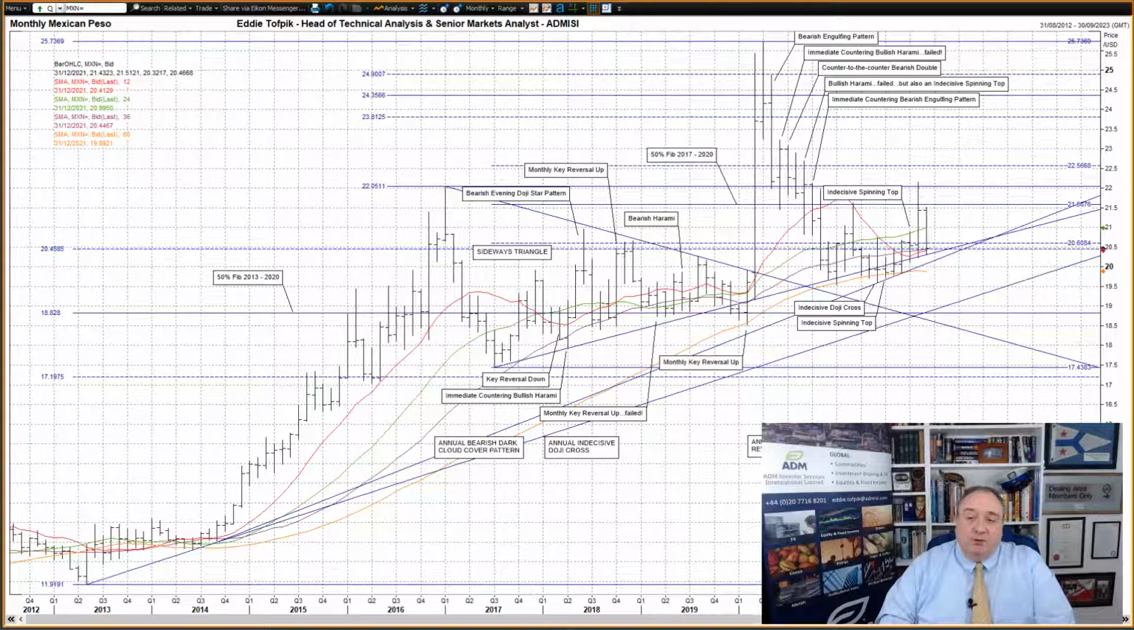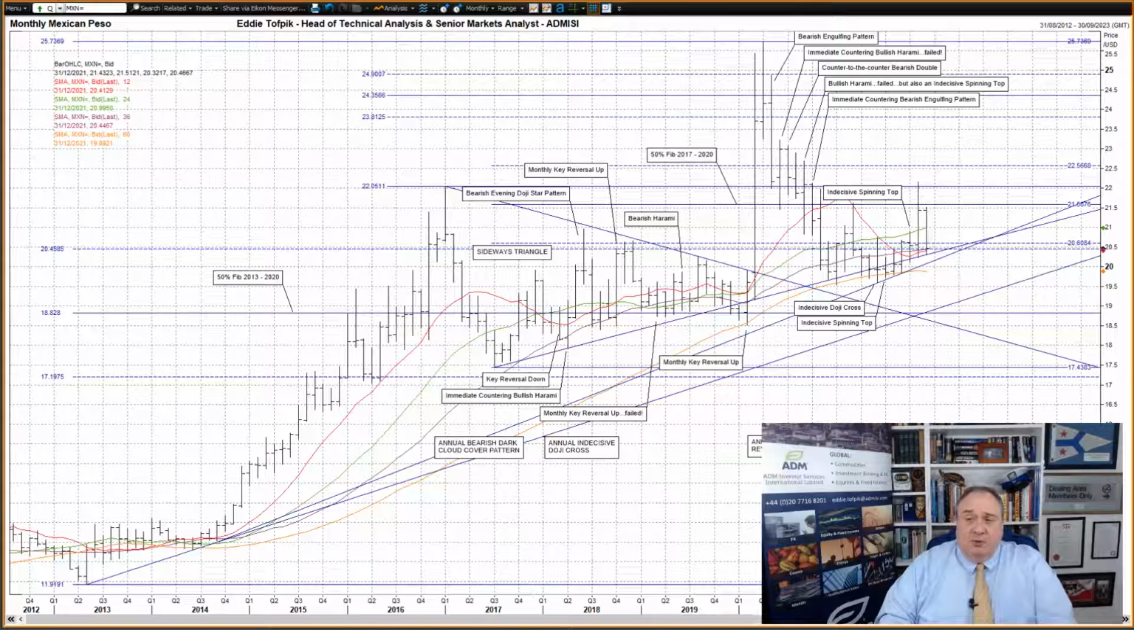This is a direct quote from my annual review of US dollar Mexican peso written at the end of 2020, on the very last day of 2020, on the 31st of December 2020, with only hours to go before we close the market for the year. And I quote,